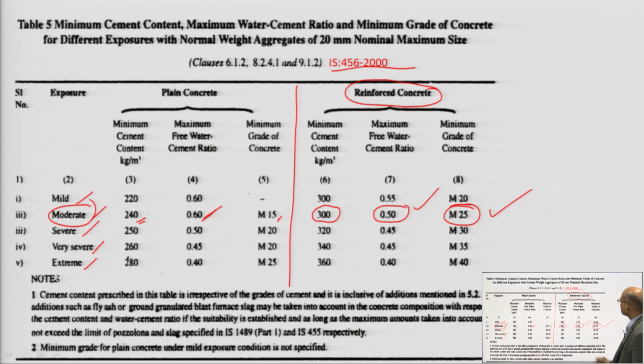So, here in this table this is the water cement ratio. Suppose instead of cement you are using some admixture. What are the admixtures you can use? You can use fly ash, ground granulated blast furnace slag, or silica fume. In that case, what we have to calculate is not the water cement ratio, but the water cementitious ratio, that is free water plus cementitious ratio. That part you have to consider.